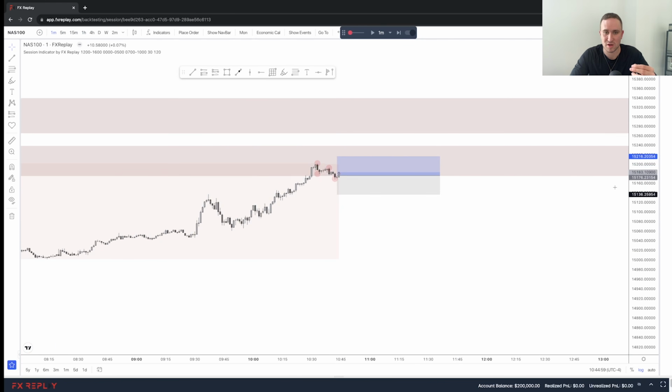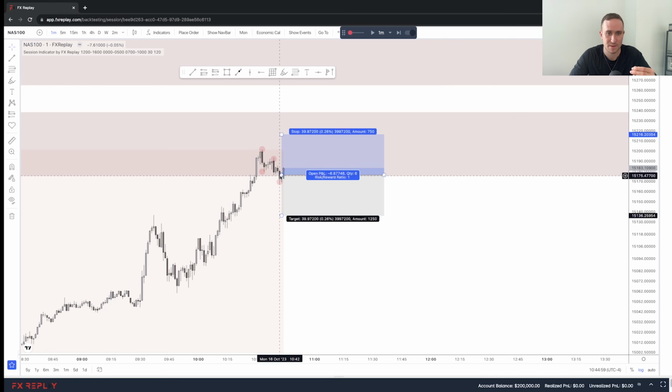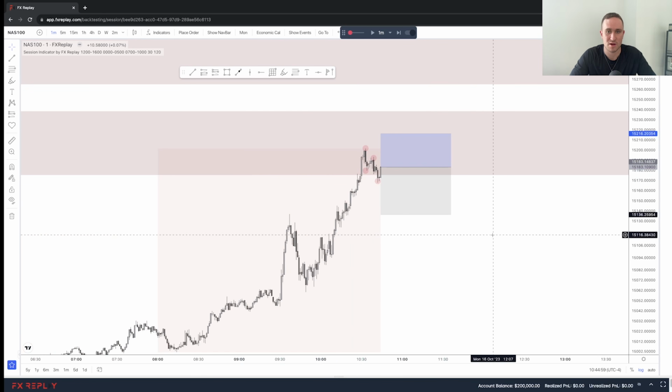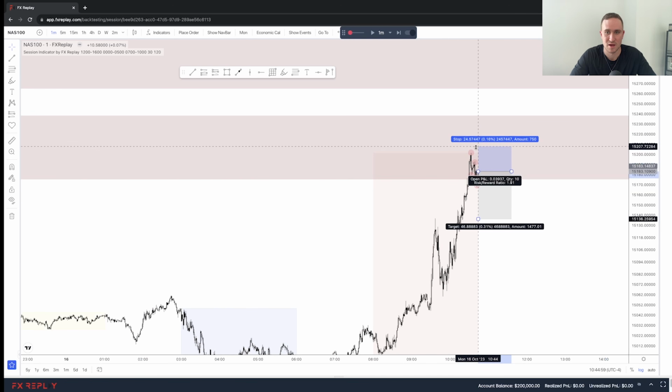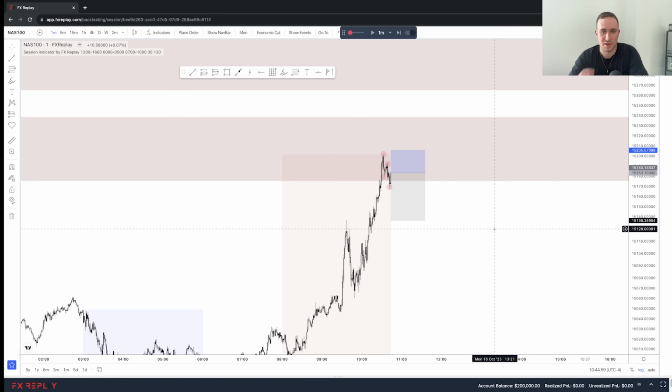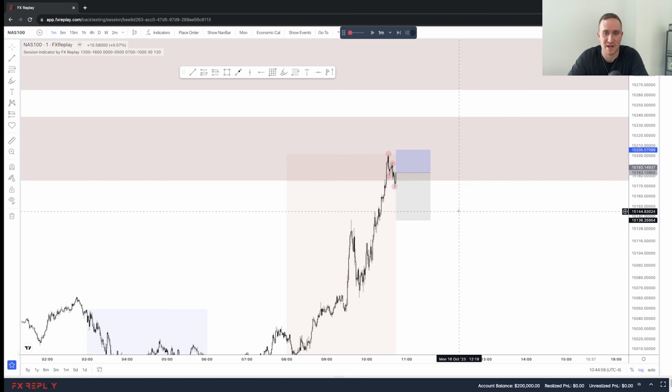So let me just market execute right here, where price is right now, and my stop loss is going to just be above the high. Okay, so my stop is just going to be above the high. Let me check what my stop loss actually was so I can get this as accurate as possible. So yeah, my stop loss actually was 205, so this is absolutely perfect, just above this high in case Nasdaq